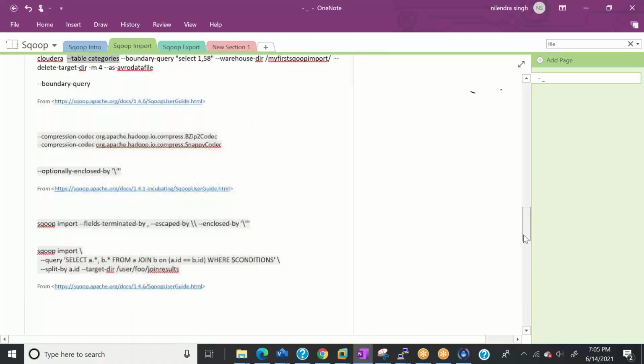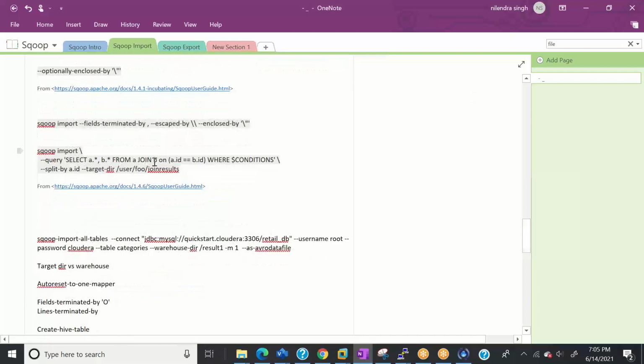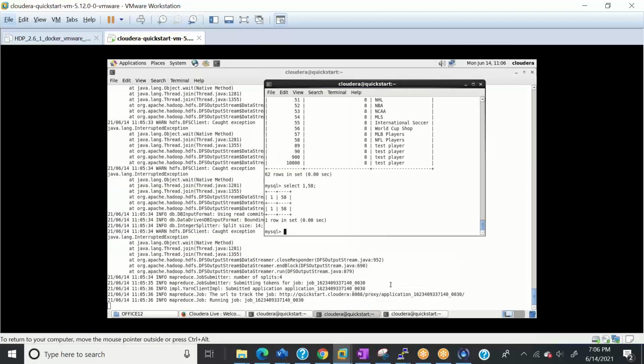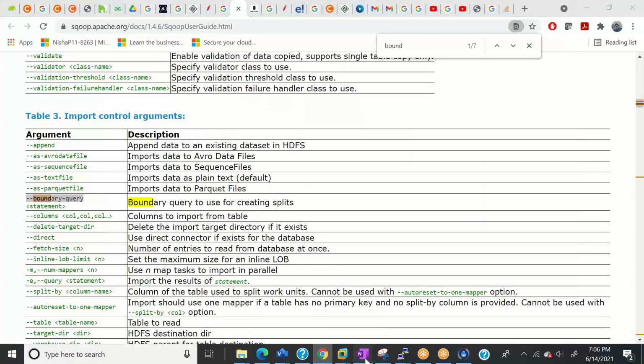I won't be running this query, it will take time, but I can import using the query clause, right? I can write my SQL query inside the select clause. In fact, I'll show you guys in 1 minute, if this runs quickly.